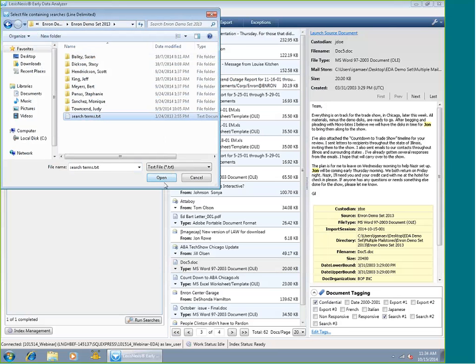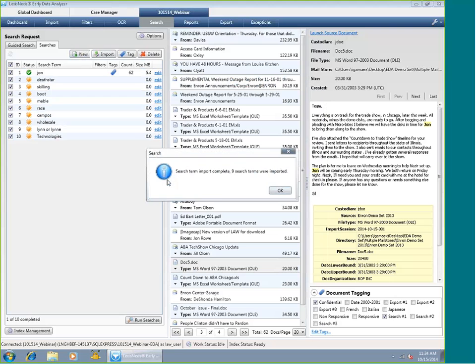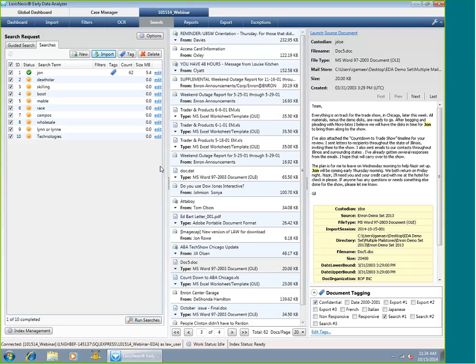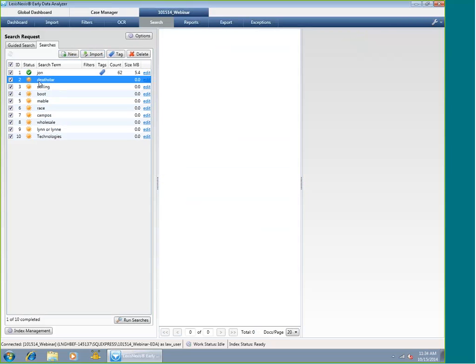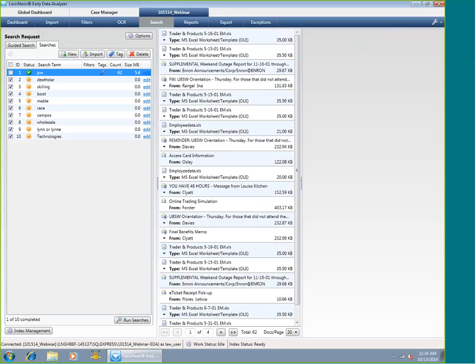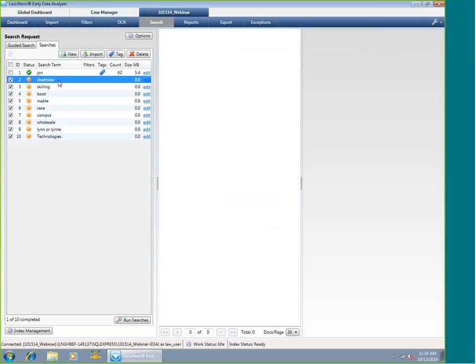We're just going to go ahead and look for a search terms text file here that includes a longer list of search terms for this particular data set. Now you can see that I've imported 9 different search terms. And what's nice about EDA is that you can run all 9 searches simultaneously. You don't have to sit there and run, for example, the term Death Star, wait for the results, and then go to the next term, wait for the results, and so forth. You can run all 9. If I hit run searches here,